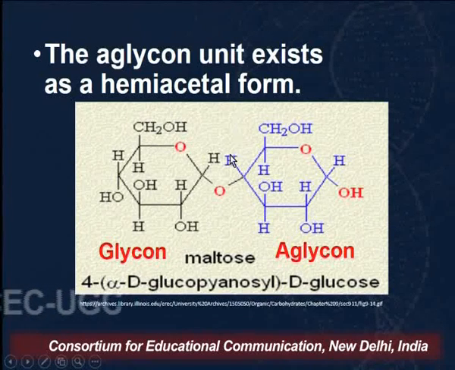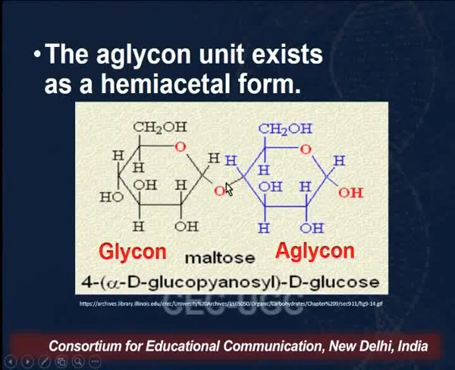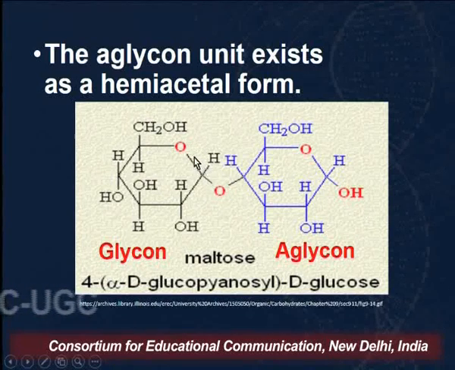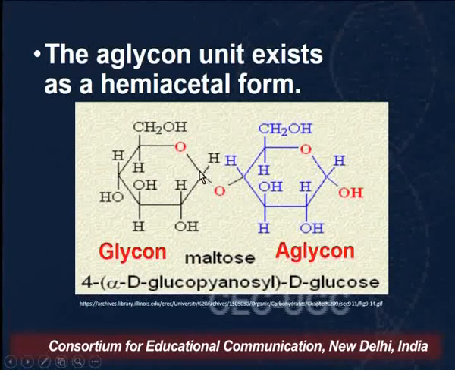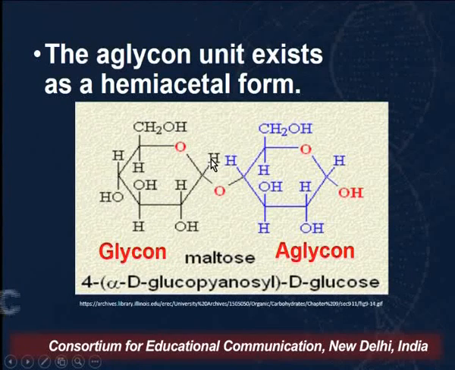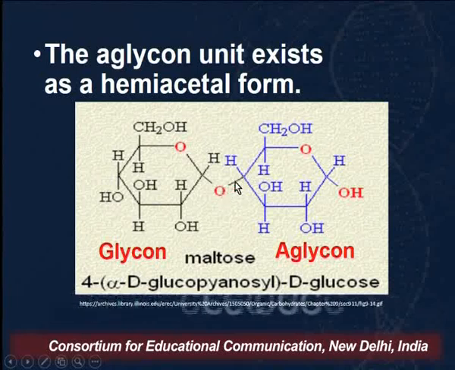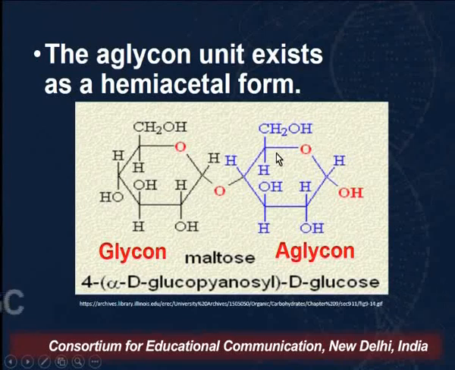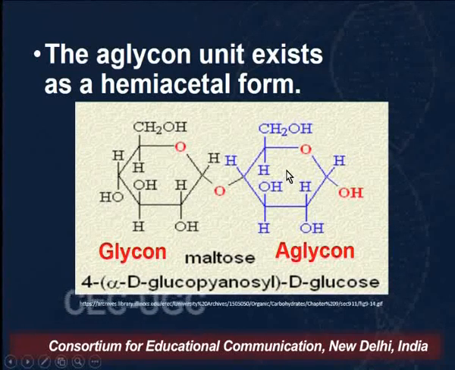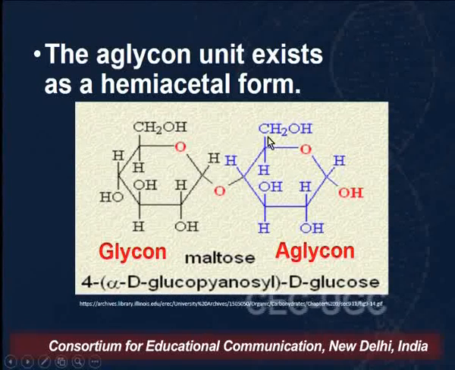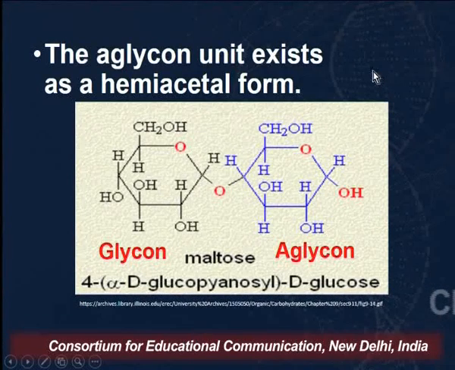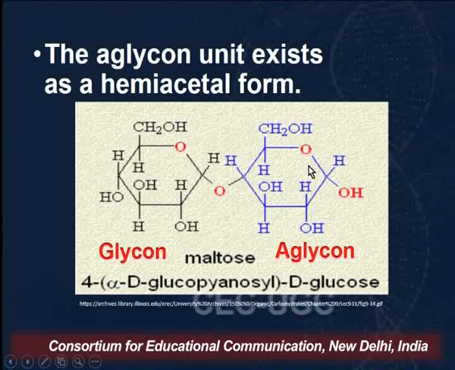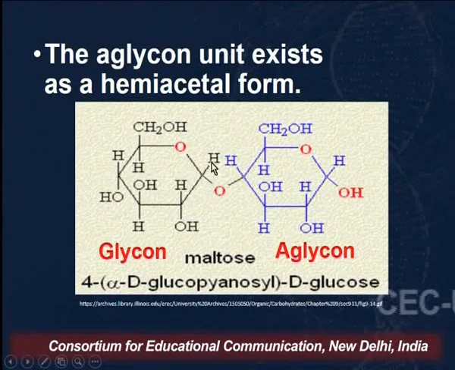So when we carry out the hydrolysis of this molecule, we will get two units of glucose. So this unit, in which the OH will be attached to the anomeric carbon, would be your glycone unit, and the other one in which the OH can be attached to any other carbon other than the anomeric carbon would be the aglycone unit. It is not necessary, please keep in mind, that when they give you the products of hydrolysis, they will write it in this order only, that is glycone and aglycone. They may even write down aglycone first and glycone later on.